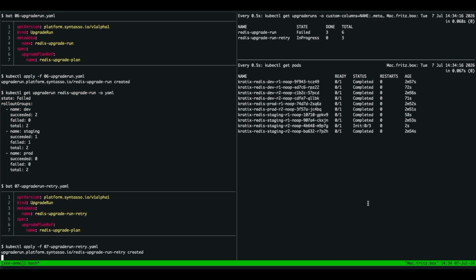Once you've manually recovered from this failure and you're happy to proceed with an upgrade, all you have to do is create another upgrade run, again referencing the plan, and the upgrade will resume. In this case, because dev succeeded and the first staging has succeeded, they aren't re-attempted because they've already been upgraded. So we can see the upgrade started from the second staging request and has now moved on to